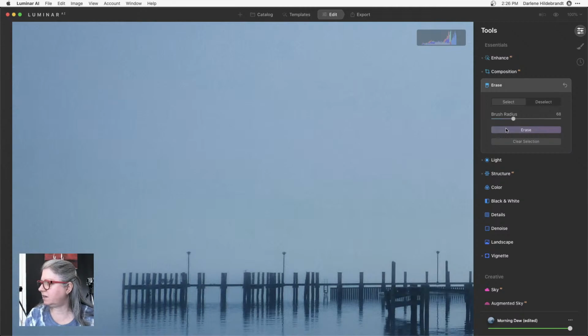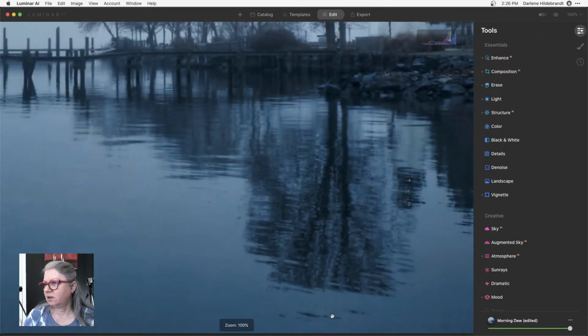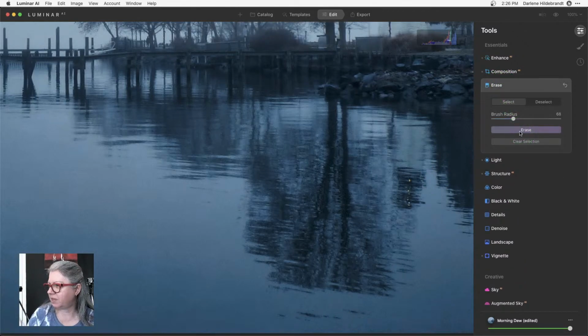Are these templates native to Luminar or were they created by a third party? They're native to Luminar. You can create your own and some come with it, but you can also get more if you are a Luminar X member. They send you like a new set of looks every month, and I've downloaded lots of them and they're very good. So I close my erase tool. Yes, you can get more. They haven't created a way for me to easily export the ones that I've created yet, but we're working on that. And I'm working on creating my own set of looks that I'll have available for you as well.